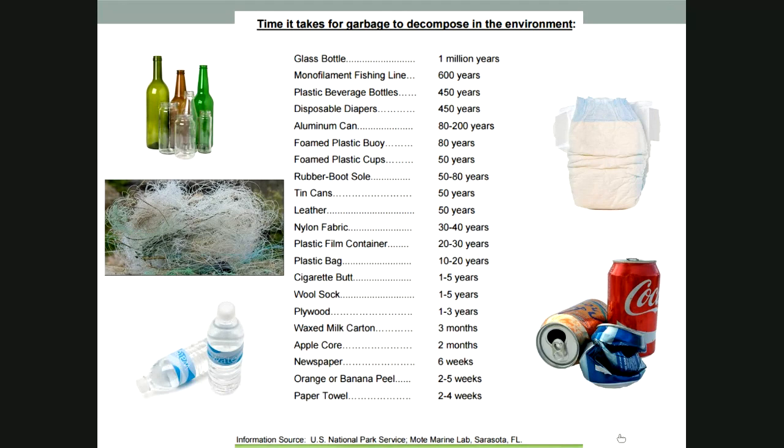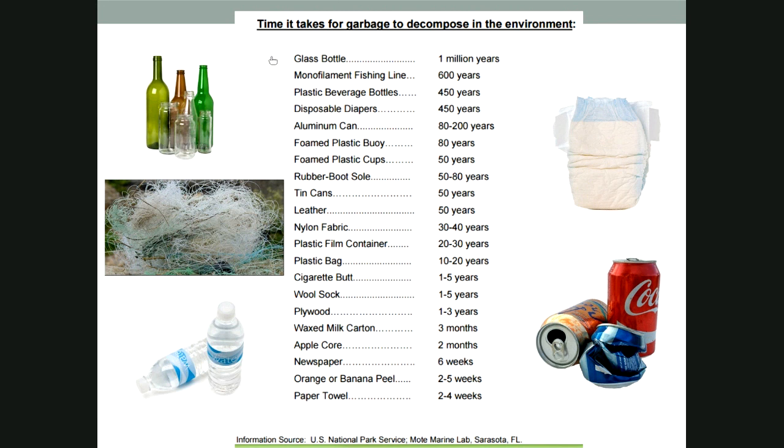So not all of this waste is created equal. We can look at this chart that shows the amount of time it would take for these different items to break down naturally in the environment. For example, let's look at a glass bottle at the very top of this list. If you had a glass bottle, like a wine bottle, for example, and you buried it in your backyard, that glass bottle would remain in your backyard for 1,000,000+ years. It does not break down into smaller components naturally by different